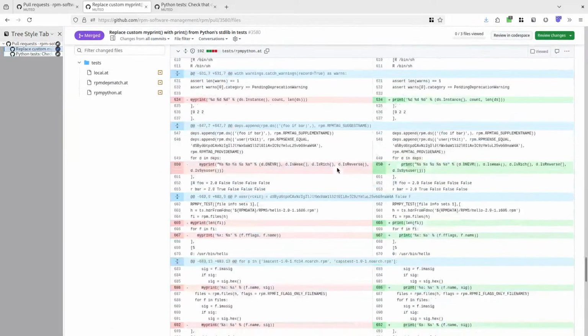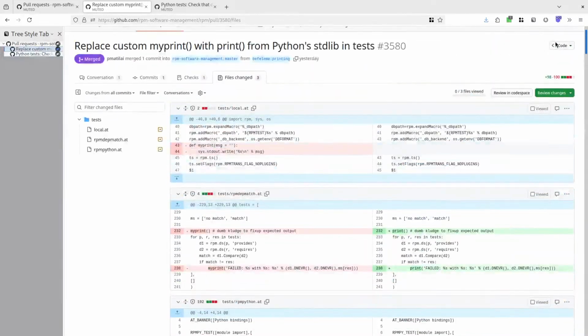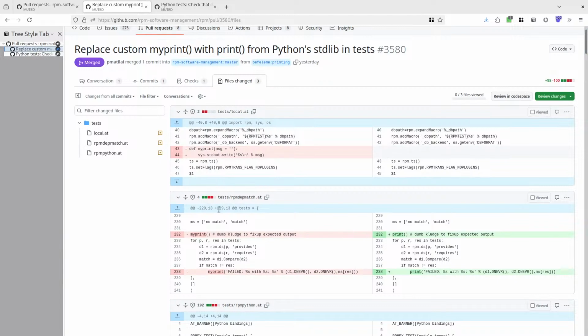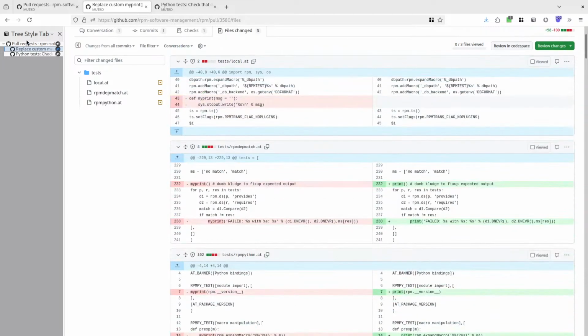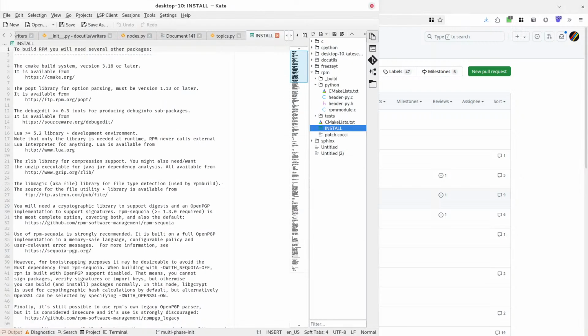That was pretty much find and replace and verify it's replaced in all the places. Okay, interesting. So if it was CPython, I would say don't do that. Just define my print as print and don't make a diff. Anyway, so